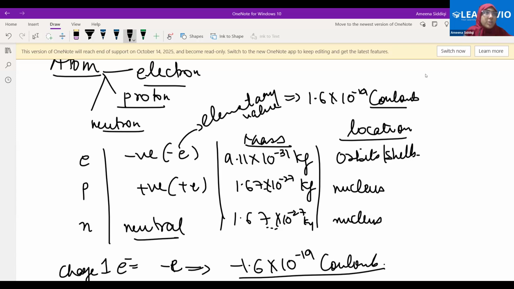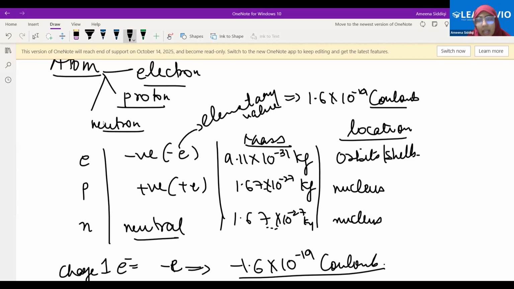Excellent. Standard unit of charge. So definitely we are measuring the charge on one electron and one proton. What will be the unit that we'll be using? The standard unit of charge, that is coulomb. So therefore, coulomb is the standard unit of charge. Very well said. The second thing is that electron is negatively charged, proton is positively charged, and the